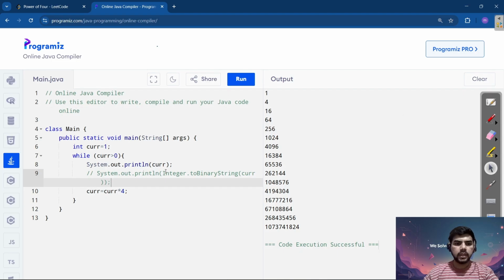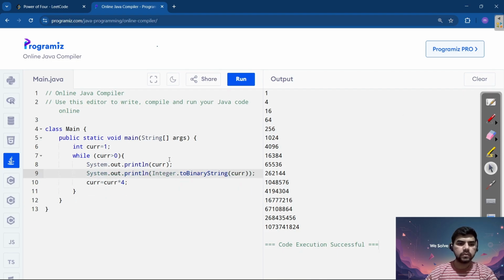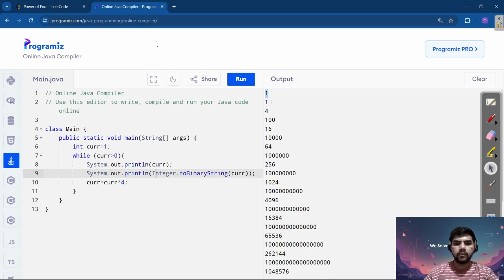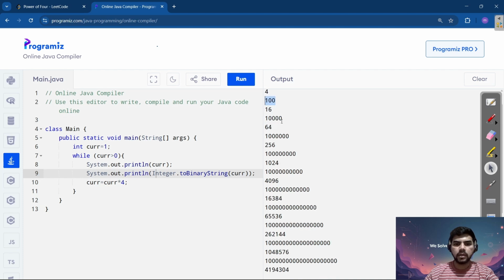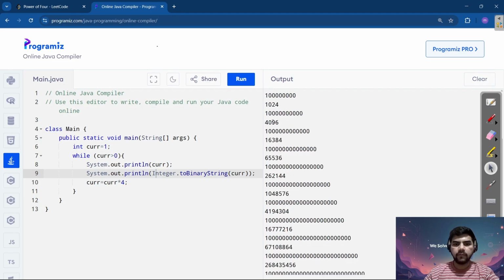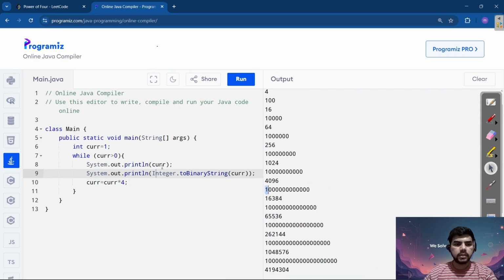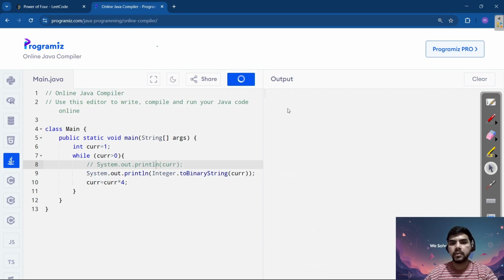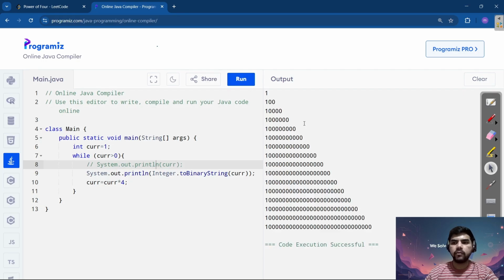So let's see their binary representation also. For 1 it will be 1, for 4 it will be 1 0 0, and for 16 it will be like this. You can see every single number has only a single bit set, so it can be said it's a power of 2, right? So we'll comment this out, and see only the binary representation now. We're trying to find a pattern if we get it. Here it is only 1, here it is 4,